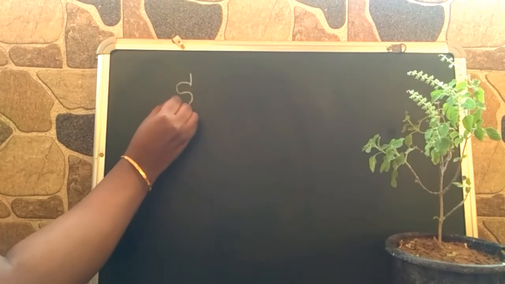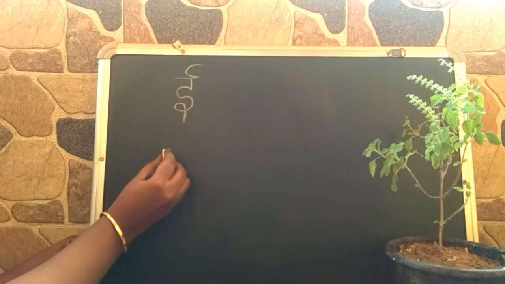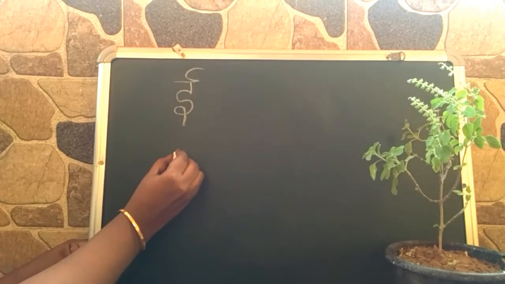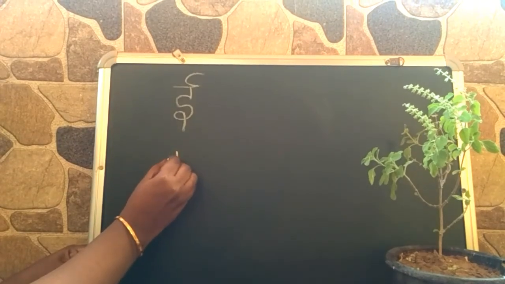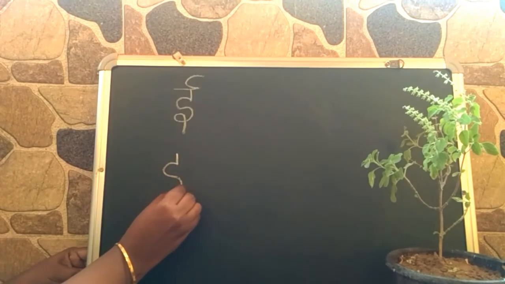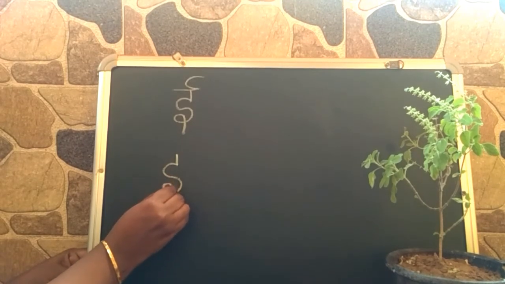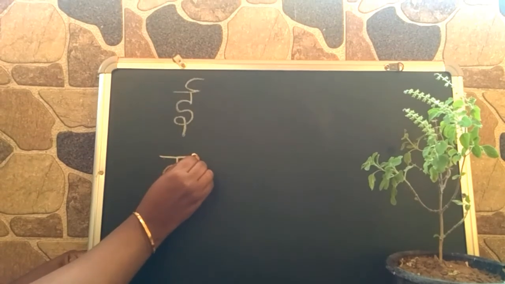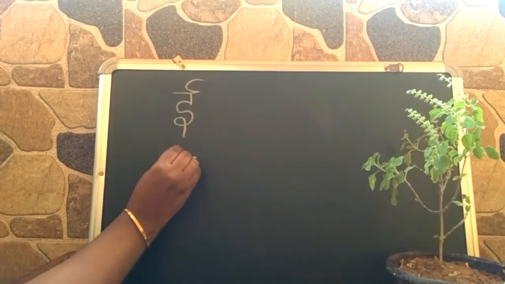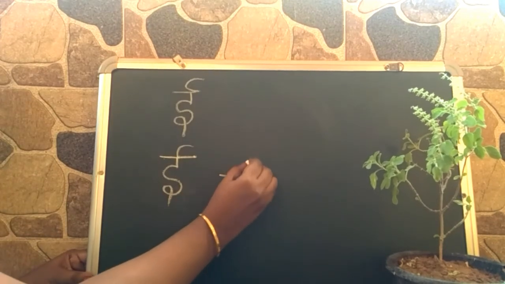Our next letter is E. Now, I will teach you how to write E. Begin with a small standing line and continue to draw the English alphabet S. Then a circle on it. Finally, draw a sleeping line on the top, a small curve like this. This is letter E.